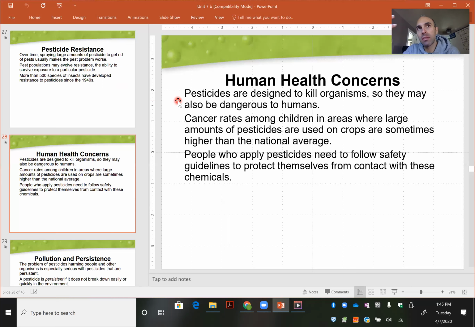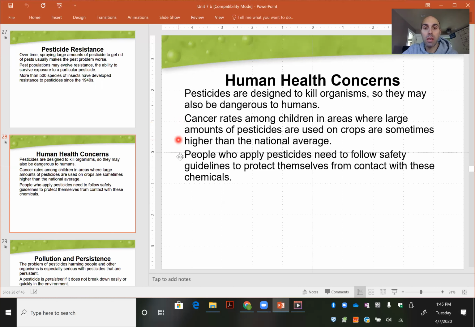Pesticides work in a couple of different ways. Sometimes they make the insect unable to reproduce. They make it infertile. They may mess with the nervous system of an insect. Okay, they may just flat out kill it. If it's doing that to the insect, it could quite possibly do that to humans. Cancer rates among children in areas where large amounts of pesticides are used on crops are sometimes higher than the